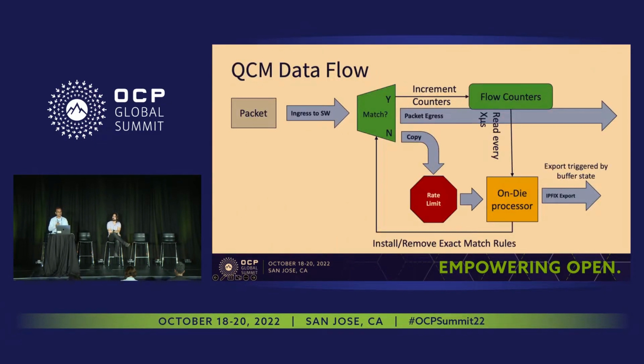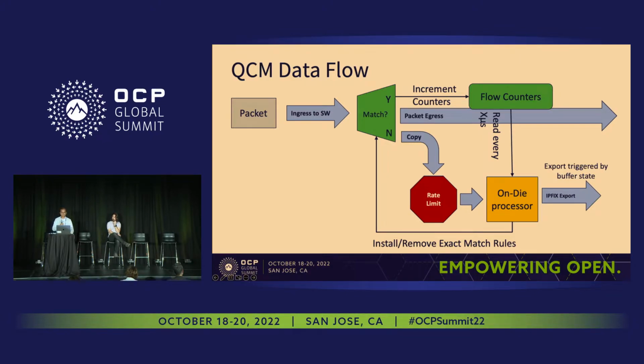Okay, the next one ties these things together. When the packets are coming in, they ingress into the switch, and then we check some of the packets and we have flow counters for every flow, and then there's a flow table that will be able to capture elephant flows and say, okay, here is the amount of bandwidth that's being used. And there are also counters, what we call flow counters or flex counters, which count all the packets that are going in. So we'll be able to see what is the total amount of traffic, what queue is seeing that, and what flows are going into which queue, and these things are done. And then